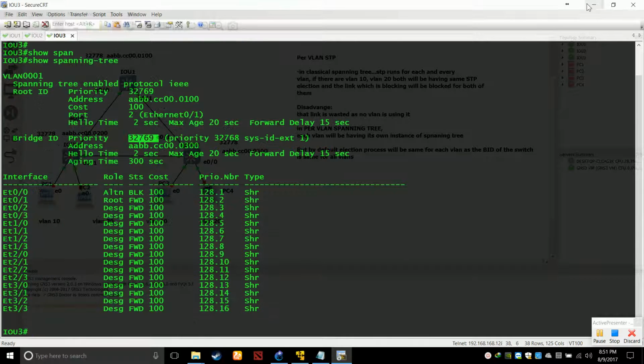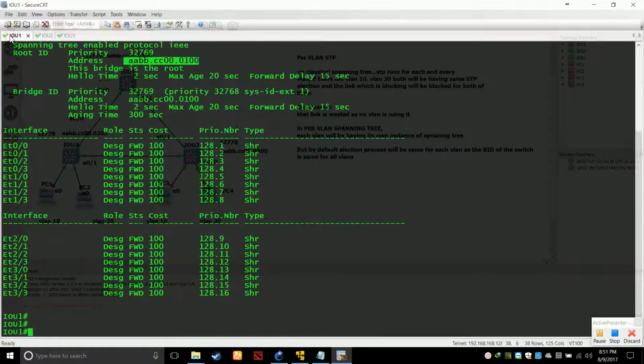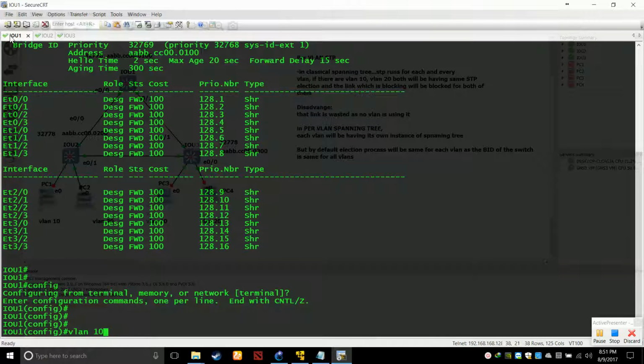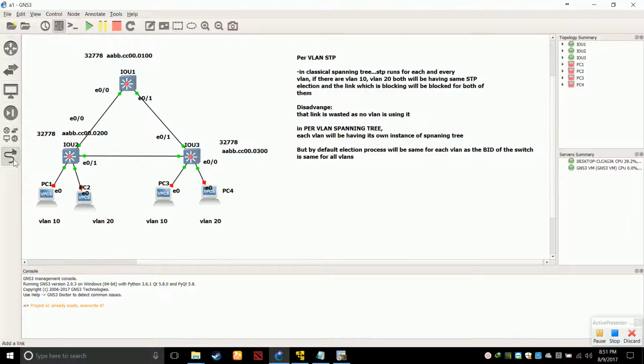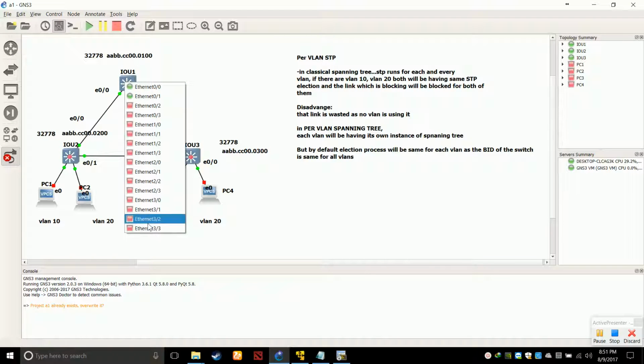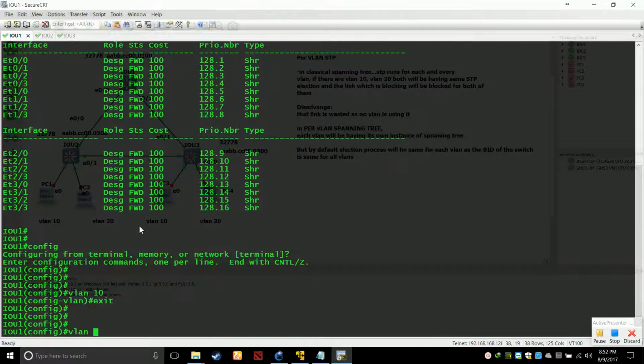So what I'm going to do now is go on every switch and create VLAN 10 and VLAN 20. So let's see what happens then. I'll do nothing else. I'll not even touch spanning tree. I will create VLAN 10 and VLAN 20 on all 3 switches. Let's see how to do that. Pretty easy. What is VLAN 10? VLANs are nothing but logical boundaries. By default, all the ports are in VLAN 1. But now we want some more logical boundaries. We want to logically divide them into different broadcast domains. So VLAN 10 I have created, and I will also create VLAN 20.